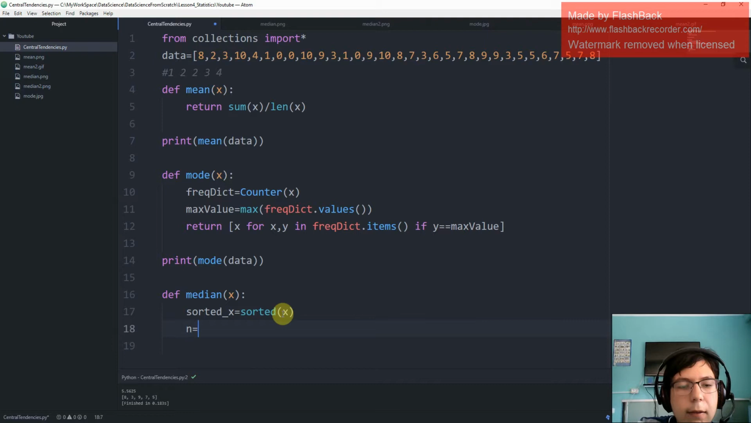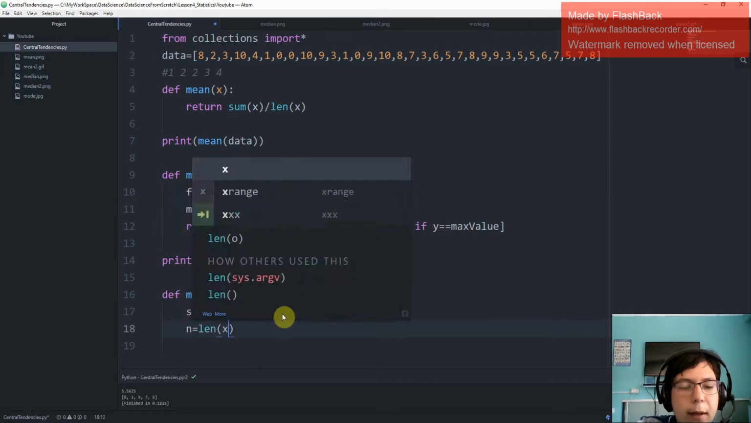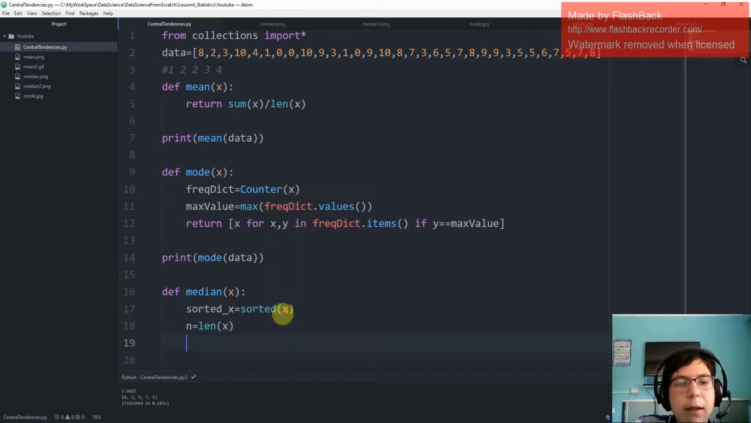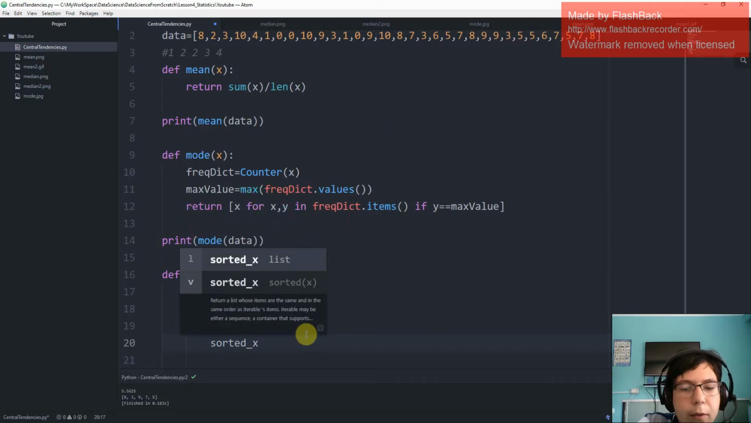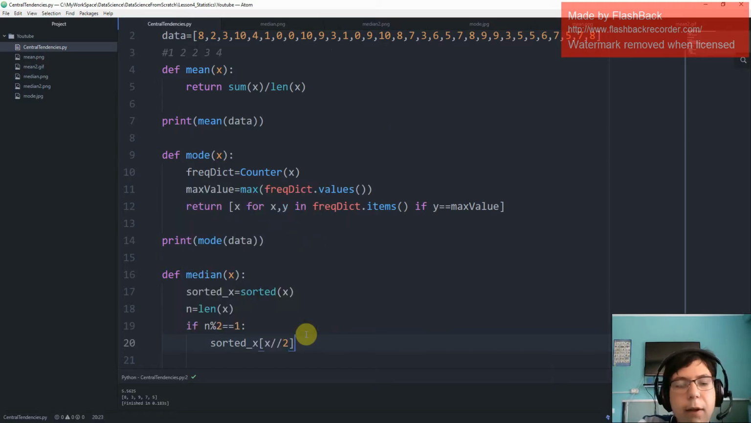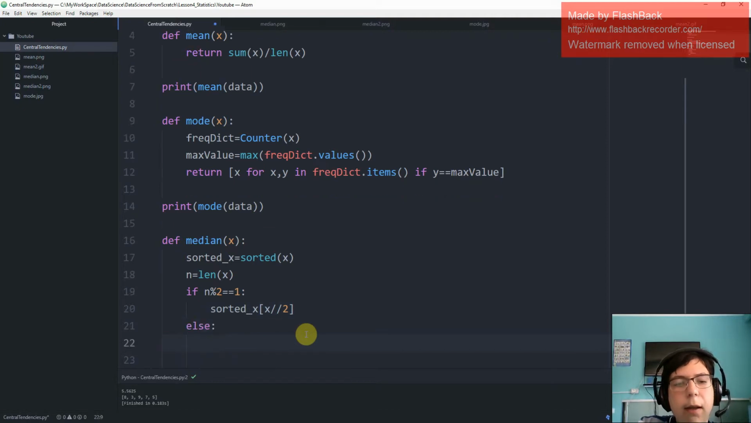Now n is going to be the variable which contains the length of our list, and now if n is odd, then we just return the middle point. So we will return sorted of x divided by 2. Else, if the number of elements in the list is even, we are going to return the